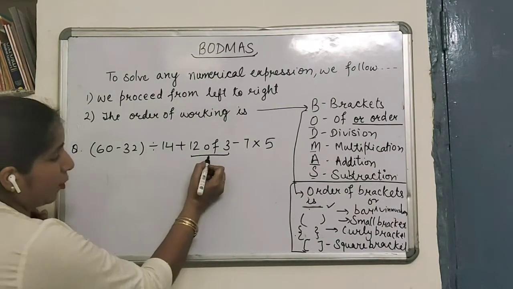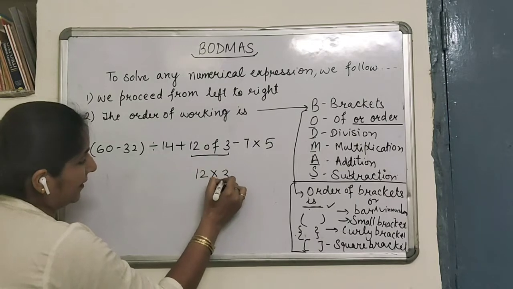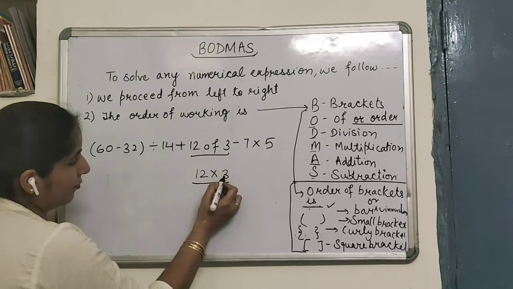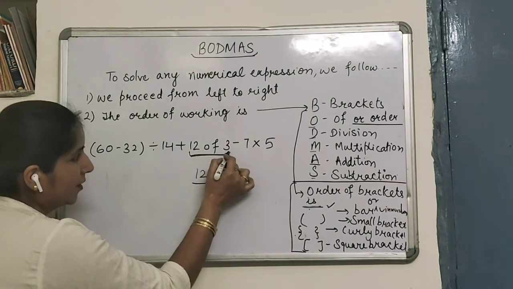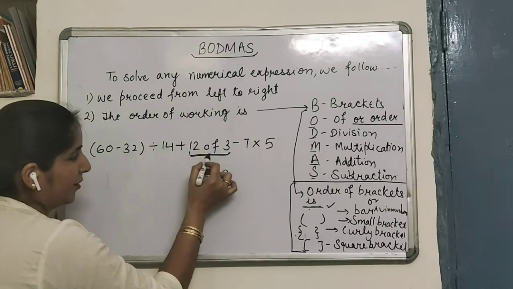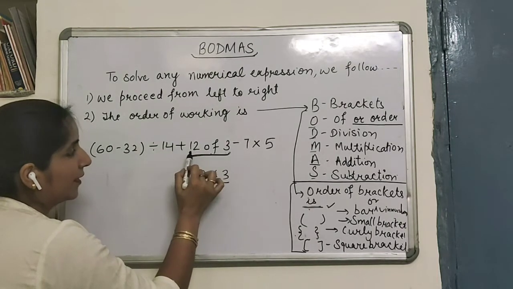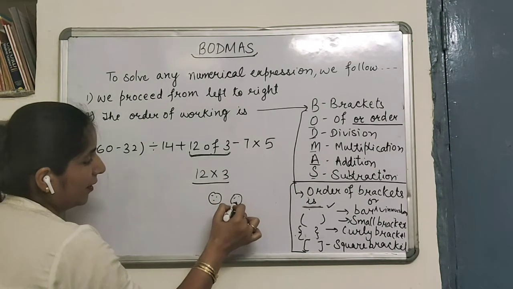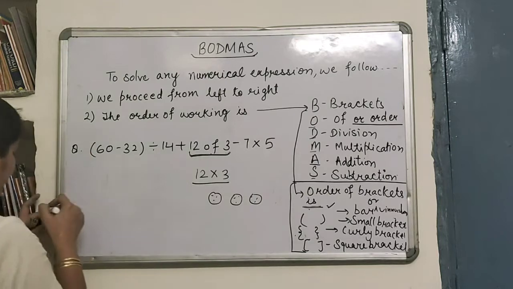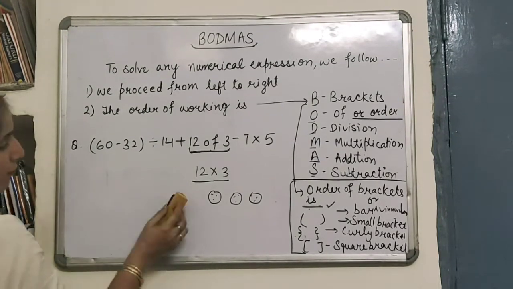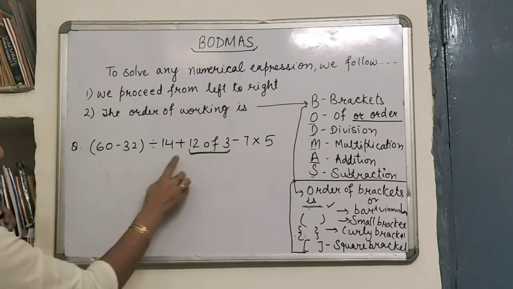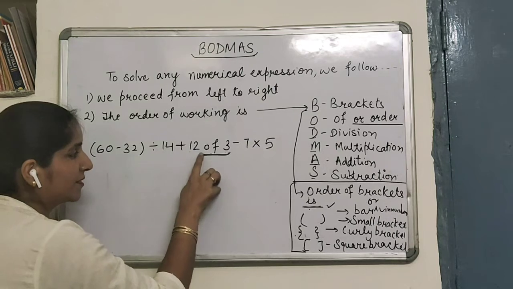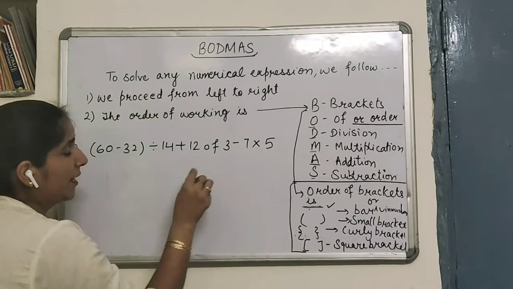But it's a separate operator. You cannot write it like this. When you do the second step, you need not write 12 multiplied by 3. You have to solve it in your mind, because you know that 12 of 3 means 12 sets of 3, 12 times 3. You can consider there are 3 things, any 3 things, and there are 12 groups like that. So what will you do to solve? You always do 12 multiplied by 3 and you get your answer. Why are we not changing it into multiplication? We have to do this in our mind only.